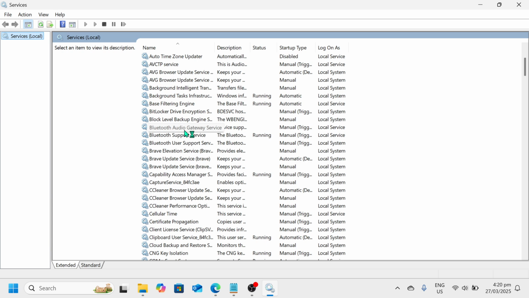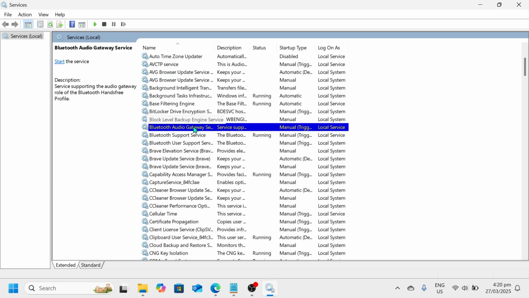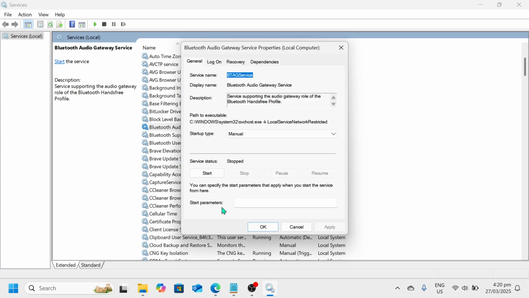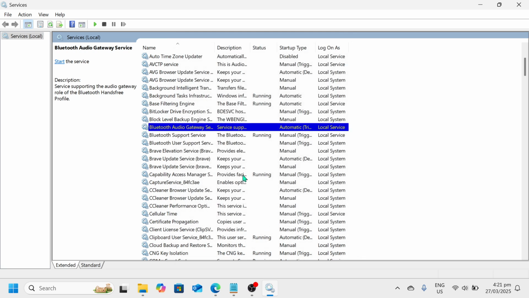So what we are going to do here is go to their properties. For example, let me just select this one, and once selected, please right click on it and go to the Properties option. In here, for the startup type, all we need to do is select the Automatic option, and we can do that by clicking this drop down button here and then selecting Automatic. Once selected, please click Apply and then click OK, and you will do that with all